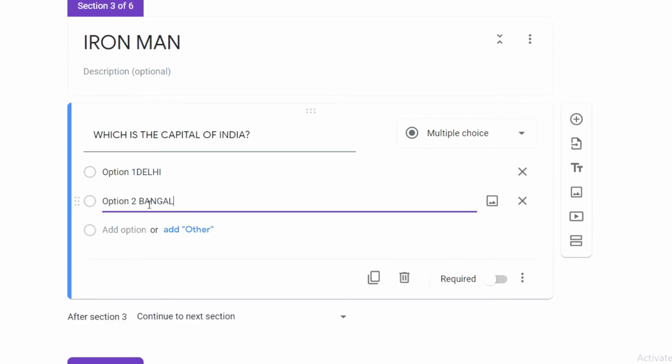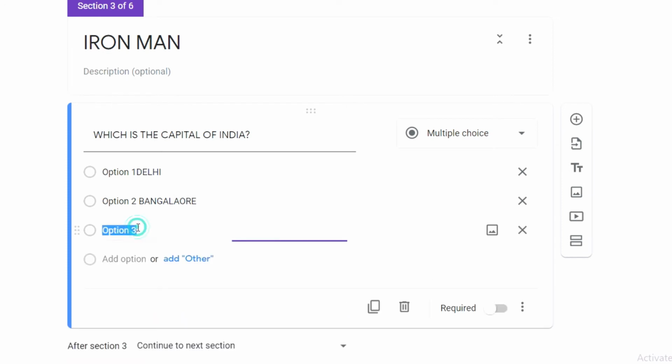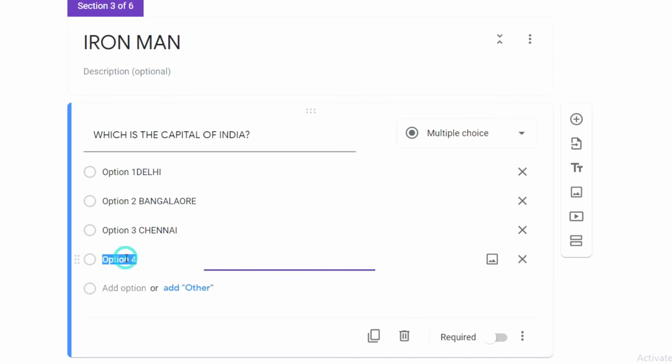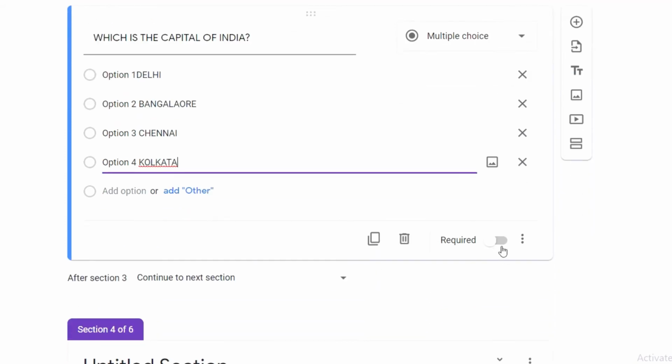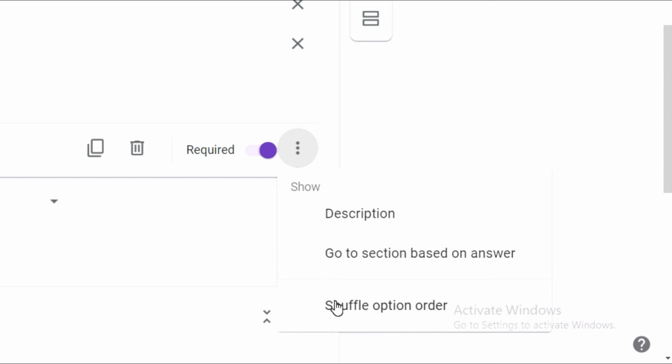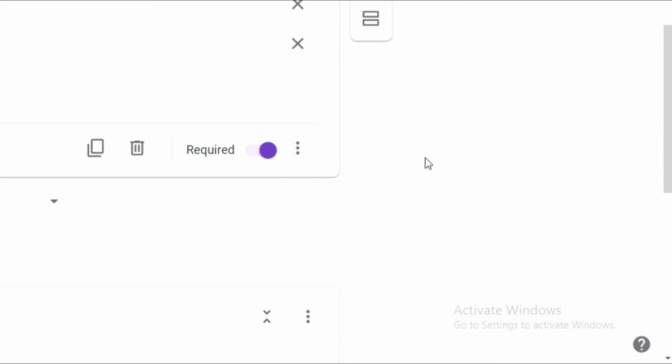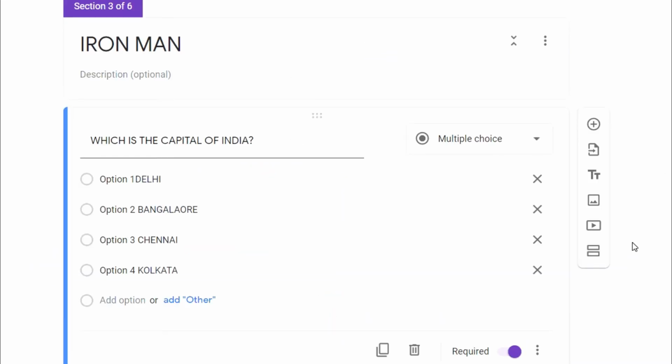Option 2, Bangalore. Option 3, Chennai. Option 4, Kolkata. And select required. You can shuffle option order also. Now here, once the student clicks Iron Man, the students will get this question.